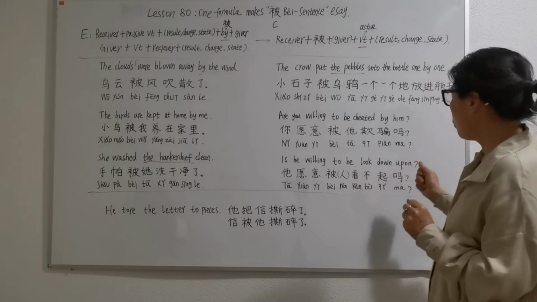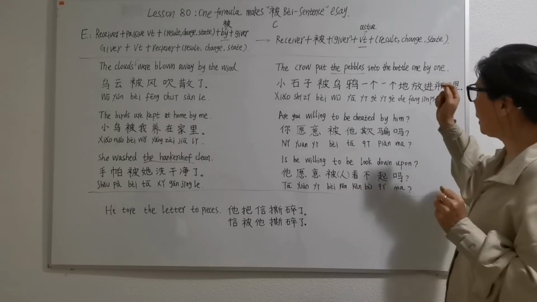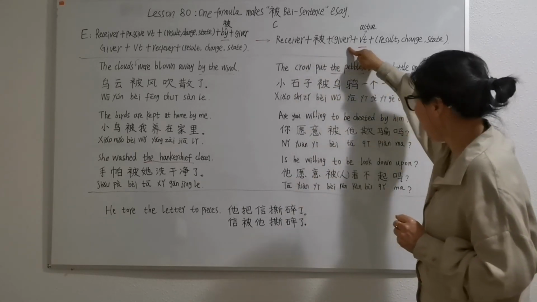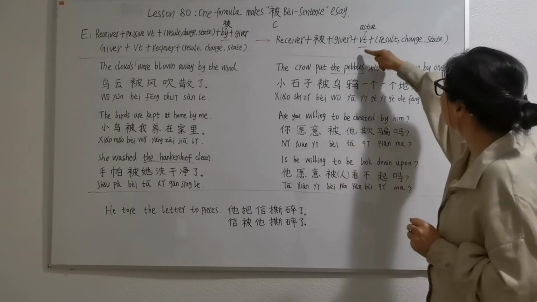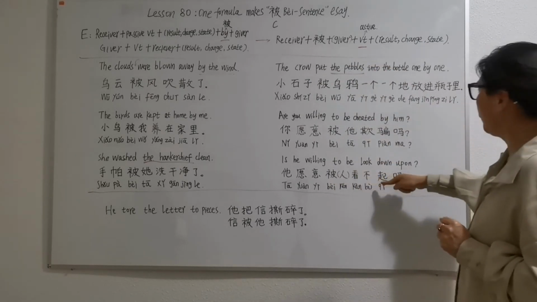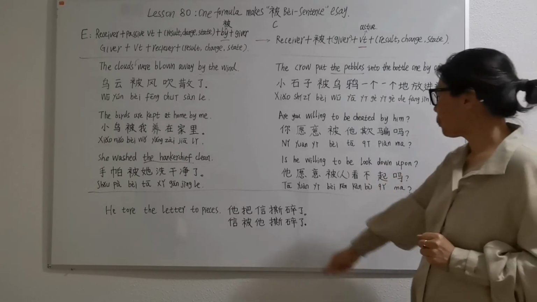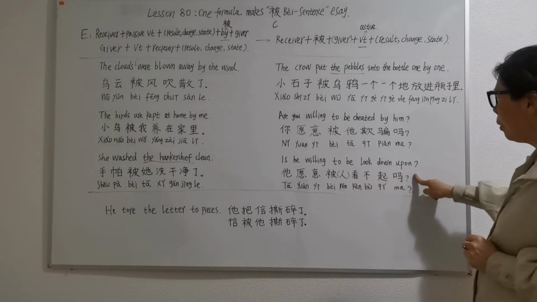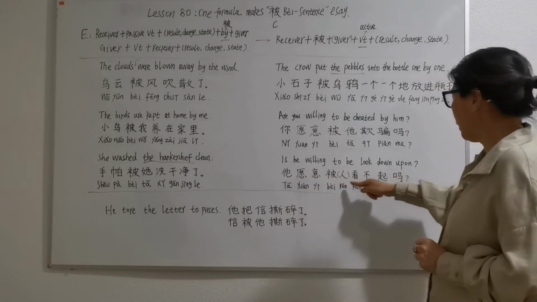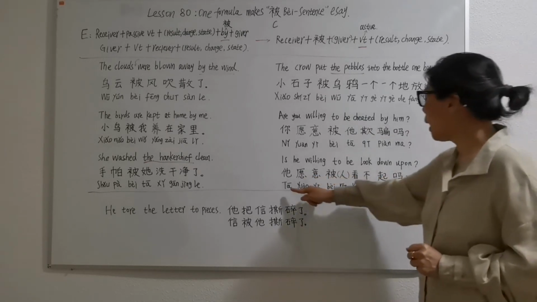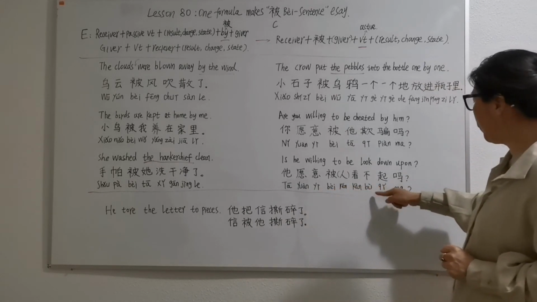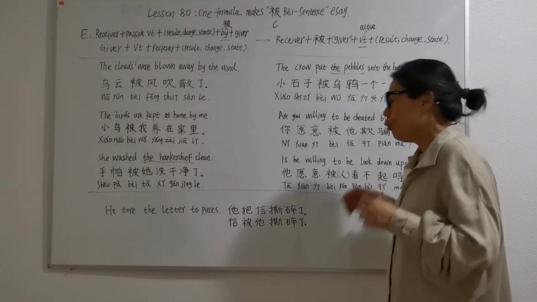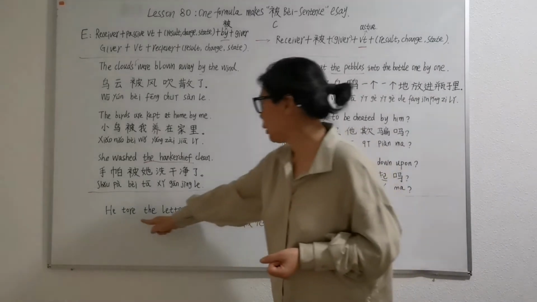So how to change it into 被-sentence? Receiver, he, 被 giver, 被人, then verb 看不起. So we say 他愿意被人看不起吗？ Or 他愿意被看不起吗？